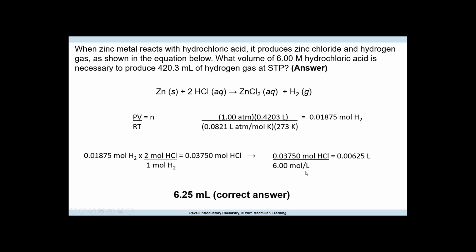So I set it up again. The moles will cancel out. It'll leave me the liters. And this is in liters, but this wants the answer in mL apparently. So I converted, and it's 6.25 milliliters is the answer. So this is very similar to the problem that